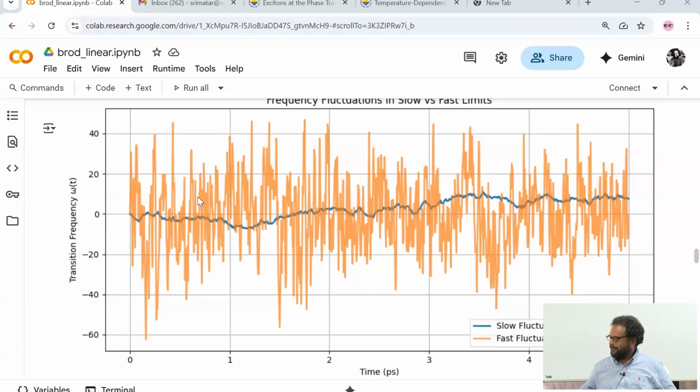What you see here is there are two kinds of fluctuations. One, relatively slow fluctuations in blue. It's just a quick Python code to show that when I have fast fluctuations, you can take this time series and try to calculate a time correlation. It will go to 0. This will be close to 0. Whereas if I take this blue curve, which is a slowly varying fluctuation, you can see that at least over some time scale you will have a certain non-zero correlation. Okay, that's all I wanted to show here.